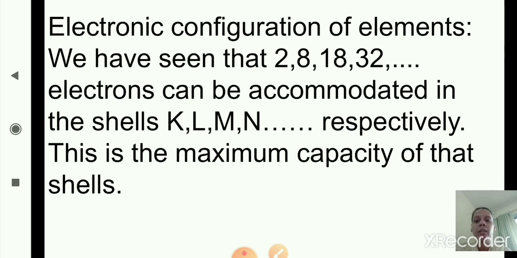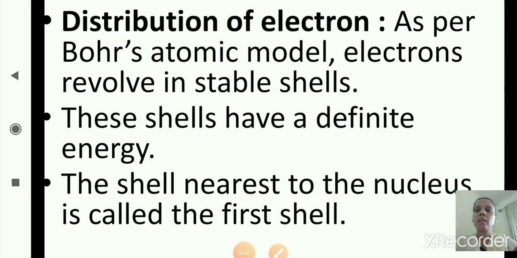I hope you are clear till here. So we will revise now what we have learned today. We have started with the distribution of electrons. As per Bohr's atomic model, electrons revolve in stable shells. These shells have a definite energy. The shell which is closest to the nucleus has the lowest energy and the outermost shell has the